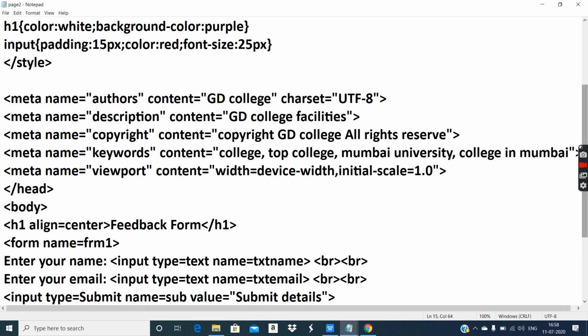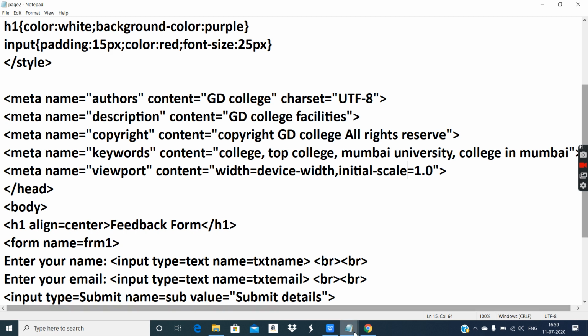Now this is page 2, the form page. Here I have removed that because if the user is typing anything and after 15 seconds the page refreshes and the data is not saved, the user will not feel comfortable and will be irritated trying to type again and again, and within 15 seconds the data is getting refreshed. So I have just removed that from page 2 where we have our form.